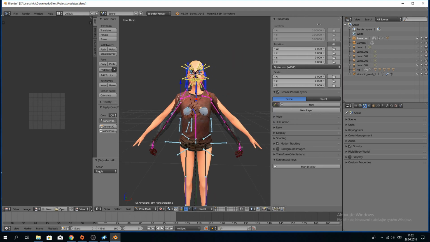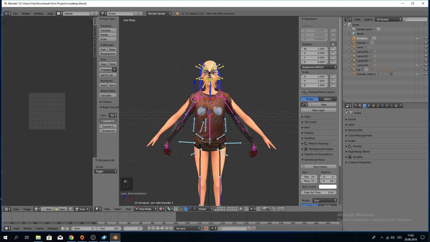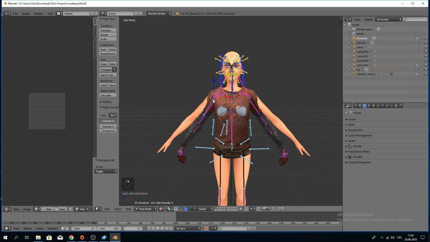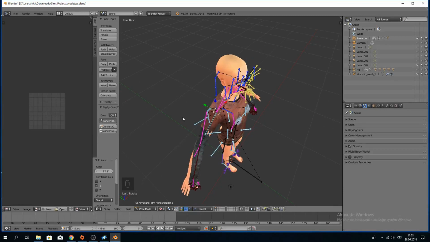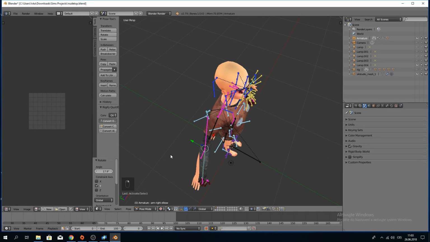So I right click to select the bone, click R, and now you can click a letter on your keyboard, choosing on which axis this will rotate. I think Y is this. Okay, just move it like this and it fits. Now I click here, R, Z,